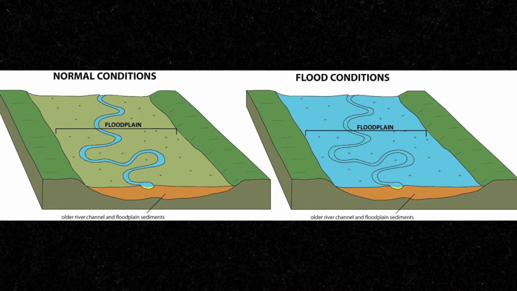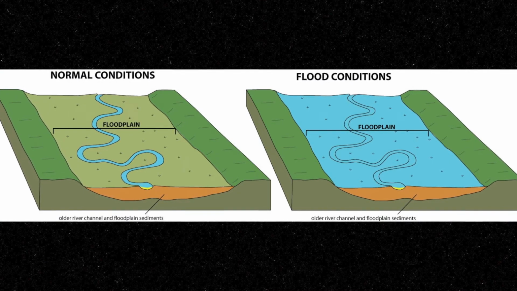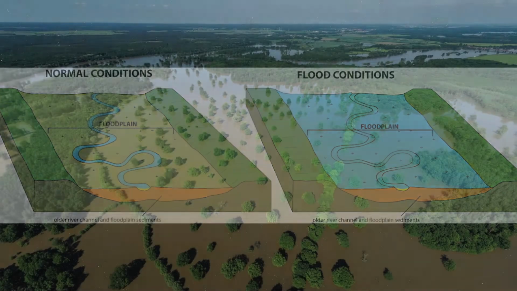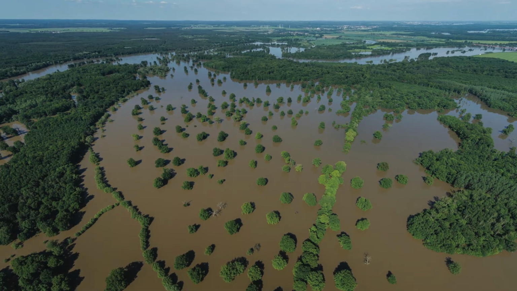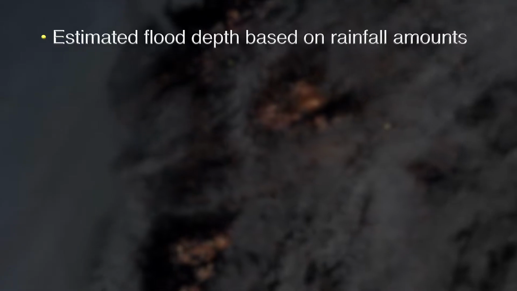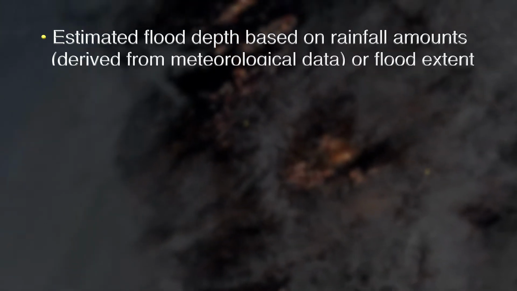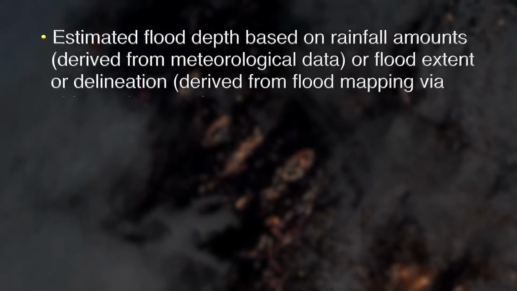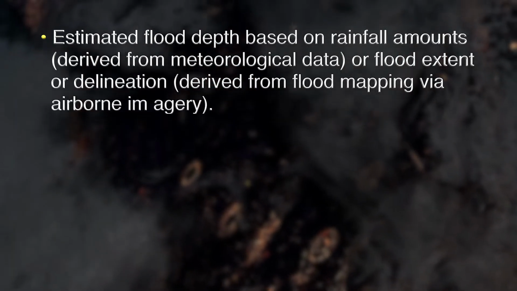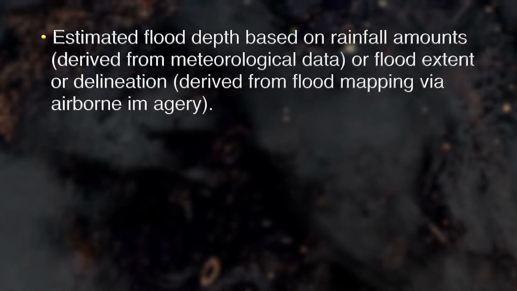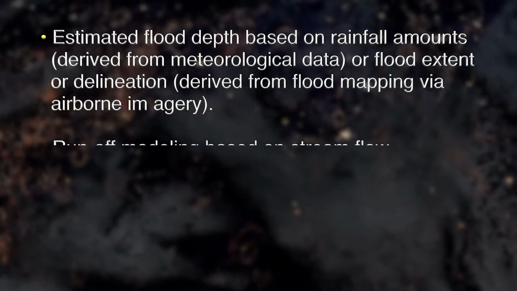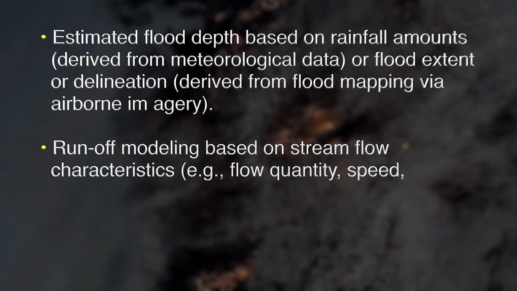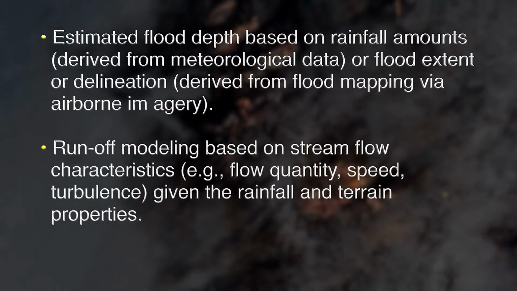Floodplain management approaches can use digital elevation models for real-time application as well as virtual flood modeling. Real-time flood monitoring and mapping lead to products such as estimated flood depth based on rainfall amounts, which is derived from the meteorological data, or the flood extent or delineation that is derived from flood mapping via airborne imagery. Runoff modeling based on stream flow characteristics, for example, flow quantity, speed, turbulence given the rainfall and the terrain